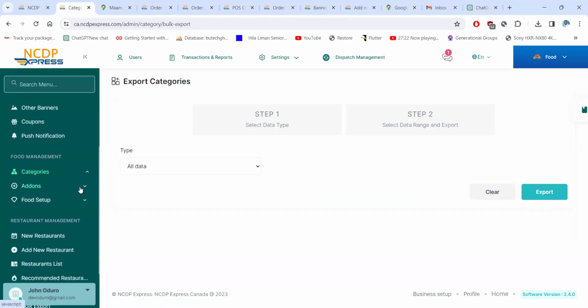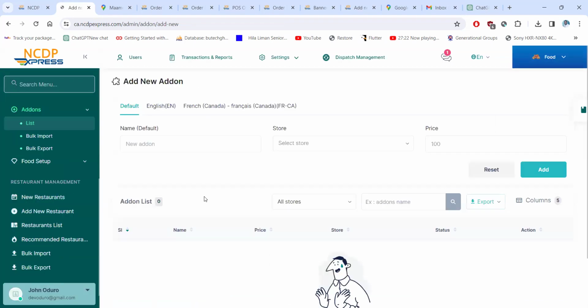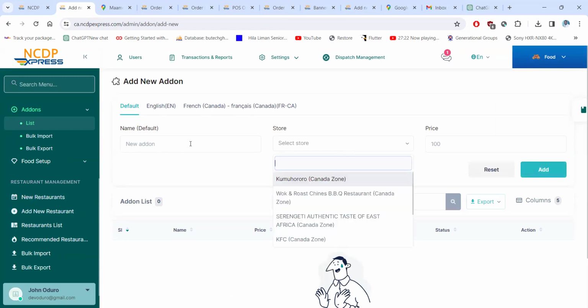And we have another here, add-ons. Add-ons are something like salt. Maybe they are making the order, they may need something like salt, additions to, I mean, whatever they are buying. This one will need a pepper. I will need a ginger. So once I'm buying something, for instance, you are buying,